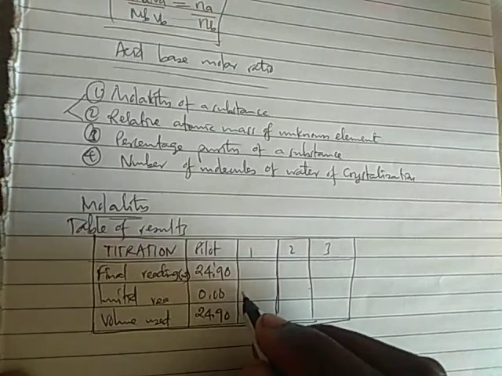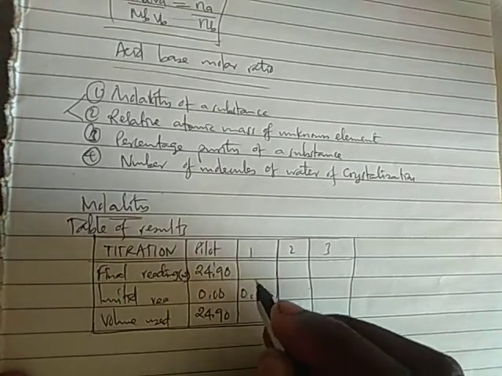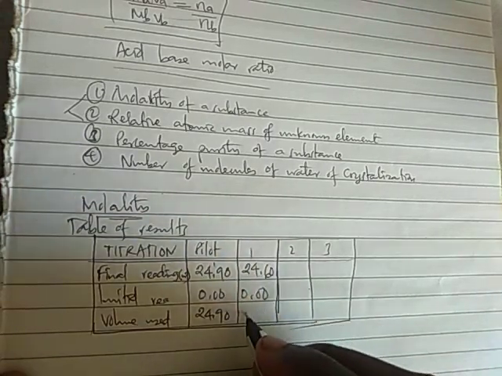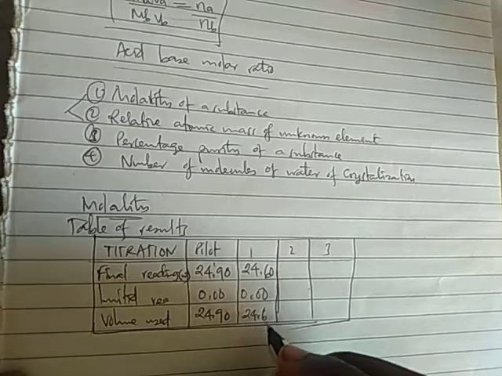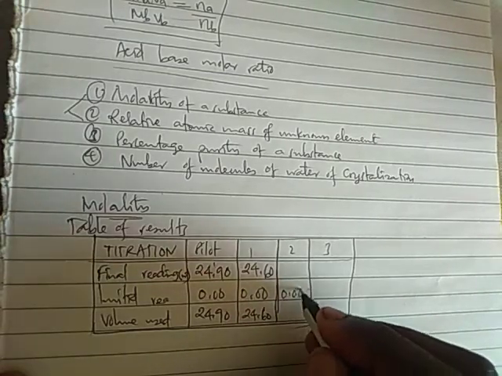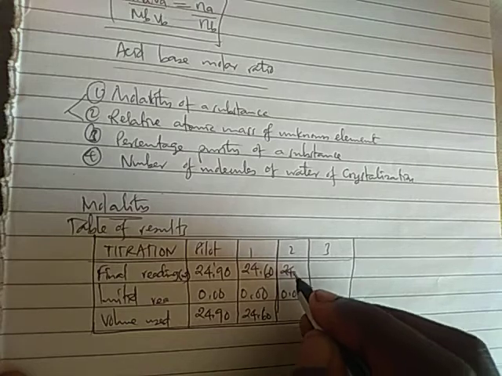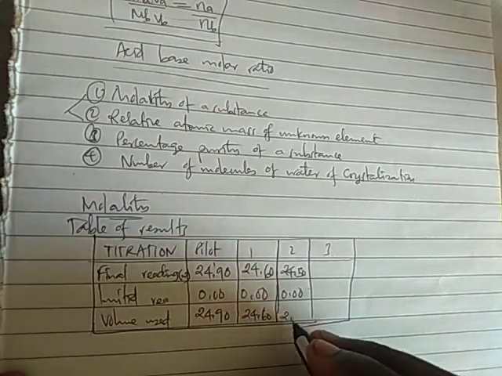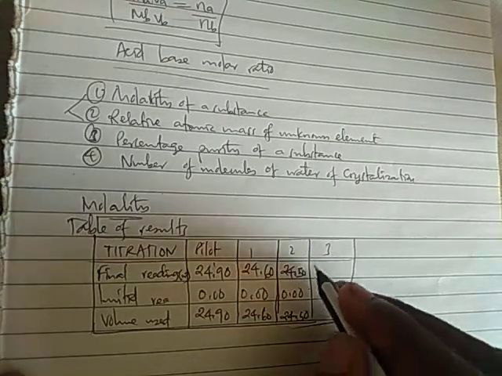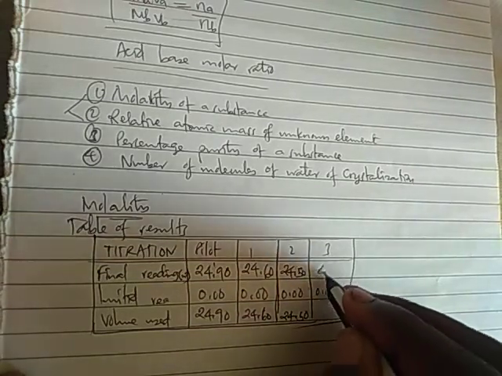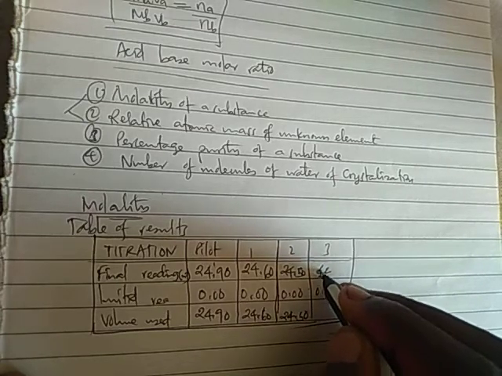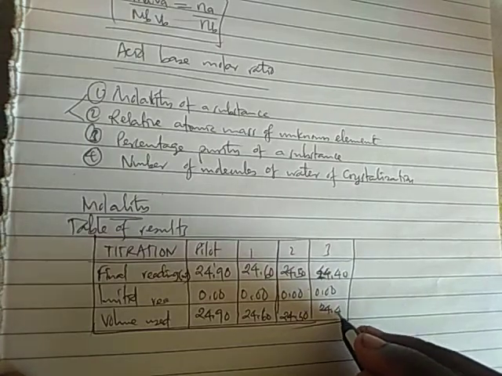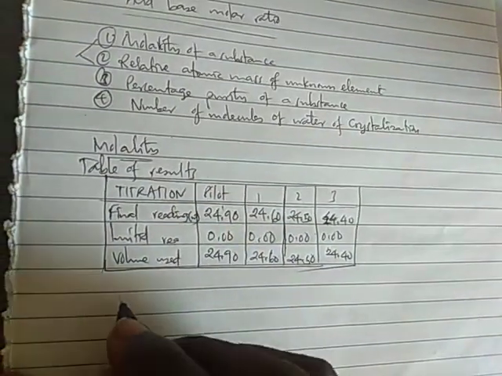Then hapa let's say tumeanza 0.00, let's say tumepata 24.60. Then hapa let's say 0.00, hapa let's say tumepata 24.50. Then hapa labda it's 0.00, hapa tumepata 24.40. So to get the volume of acid used,